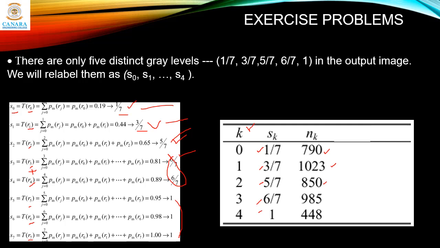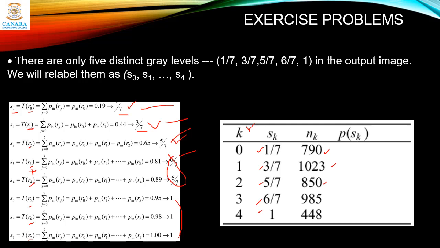Now this is the final level and pixel representation for that particular level. If you add these values up, it will be equal to 64 into 64, which is equal to 4096. This is a cross check for you. You always check this should add up to 4096 for this given problem.